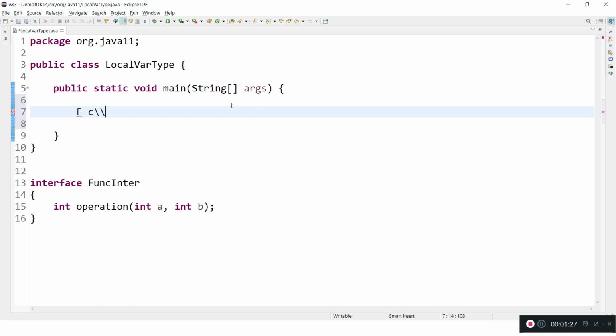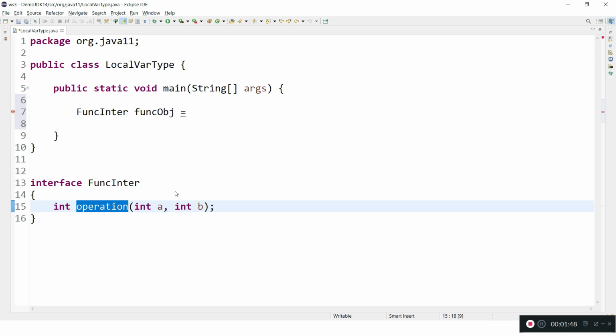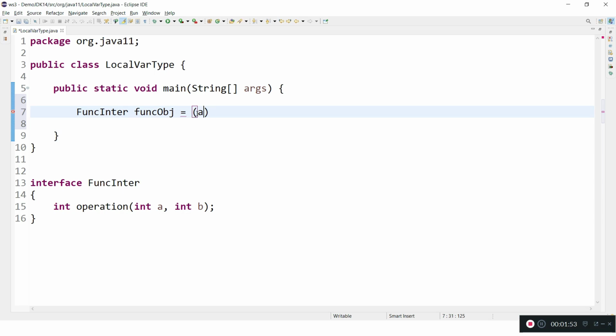Func, this is a reference variable, and here I am going to write a lambda expression. Now we have to implement this operation method. So the input is a, b. We can take any parameters, and this is the syntax or notation we have to give to implement the lambda expression.